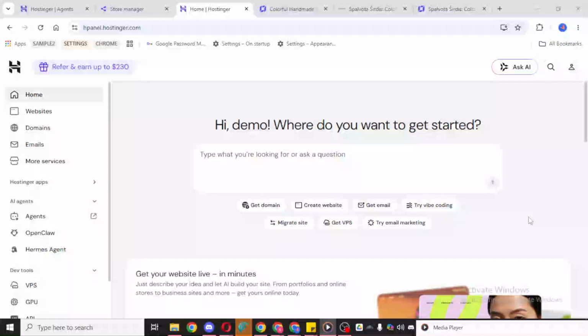In today's video, I'm going to teach you how to connect payment gateways Stripe and PayPal to your Hostinger Horizons web app. If you want to start accepting payments through your web app, Hostinger makes the setup process very straightforward. In this walkthrough, I'll show you exactly where to go inside your account and how to connect the payment methods you want to use, including Stripe, PayPal, and even a manual payment option if that fits your business.